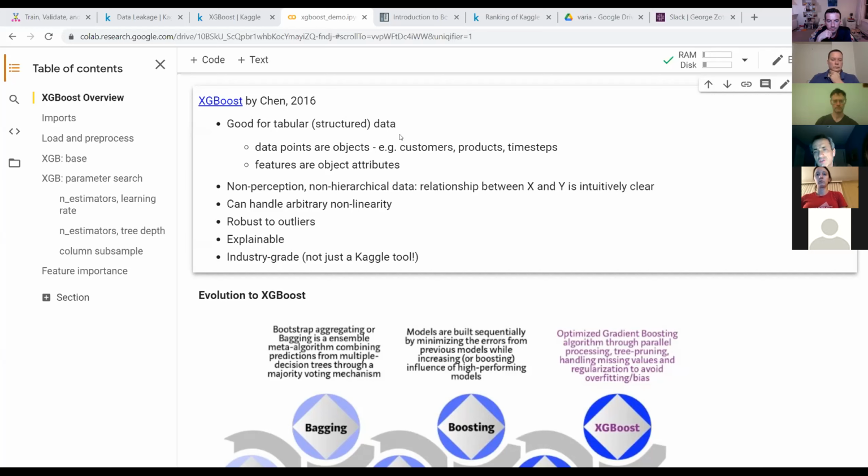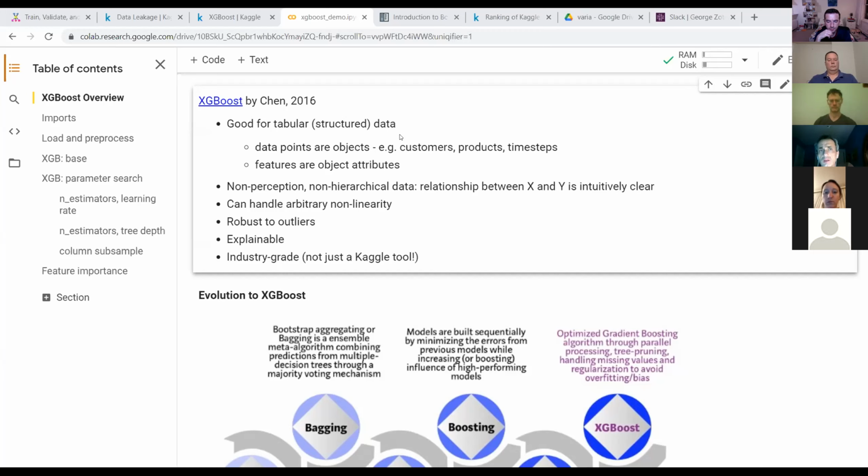So just very quickly, Xgboost is today probably the default model for all kinds of tabular structured data, right? Think about a relational database, basically records of objects. Each object comes with a set of features. Features can be heterogeneous, some numerical, some categorical. And then you have to do some prediction on some attribute of those objects. That's exactly the use case when you would use Xgboost, as opposed to, for example, neural networks.